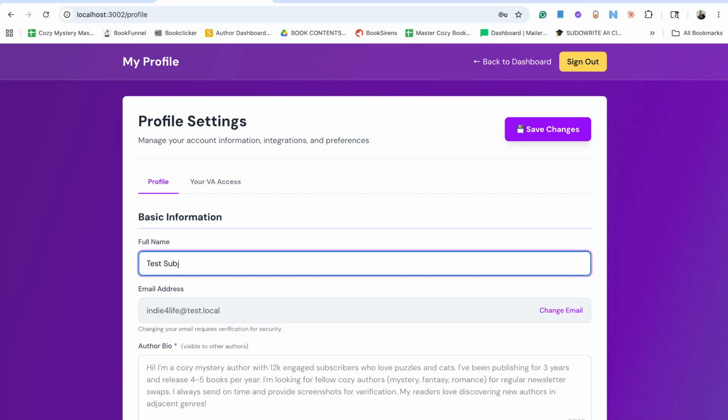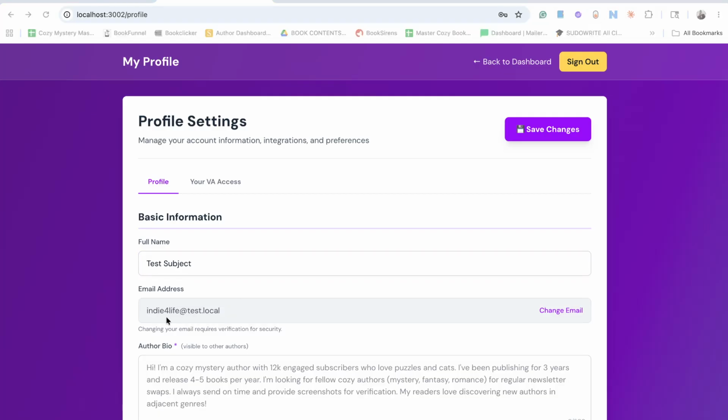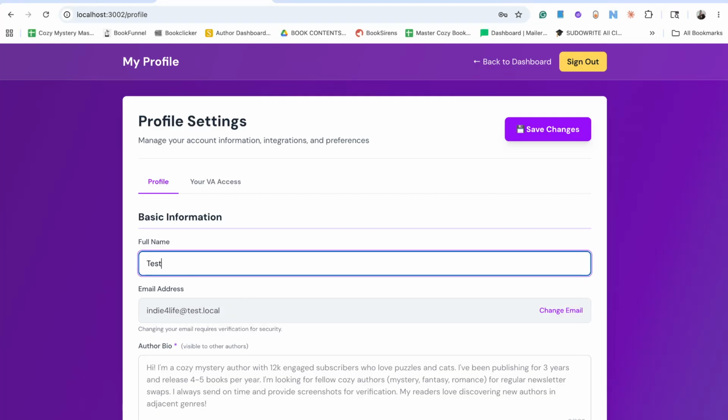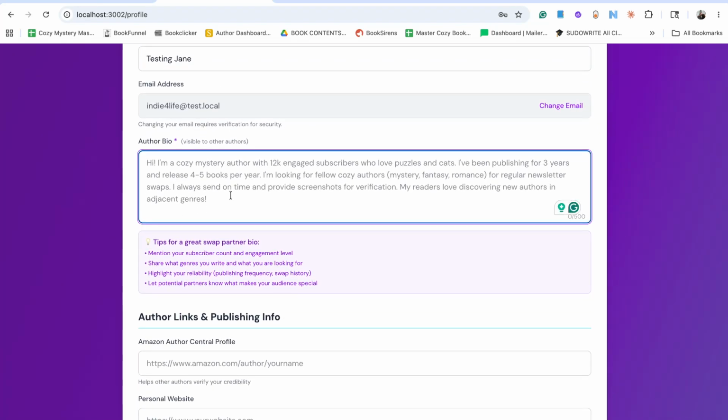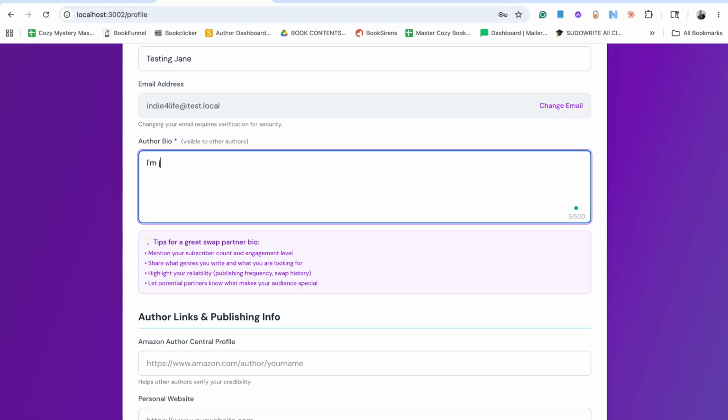This is not your full name, but I was going to say, actually, I'll say Testing Jane. Okay. Your email address. You want to give your author bio. This is visible to other authors. So say, I just